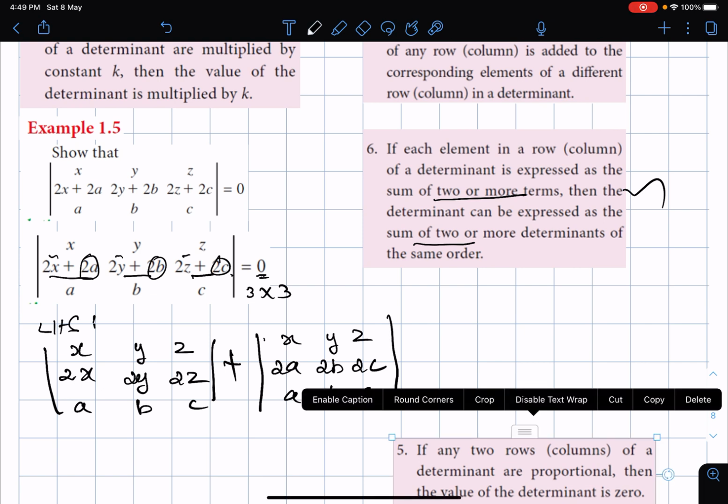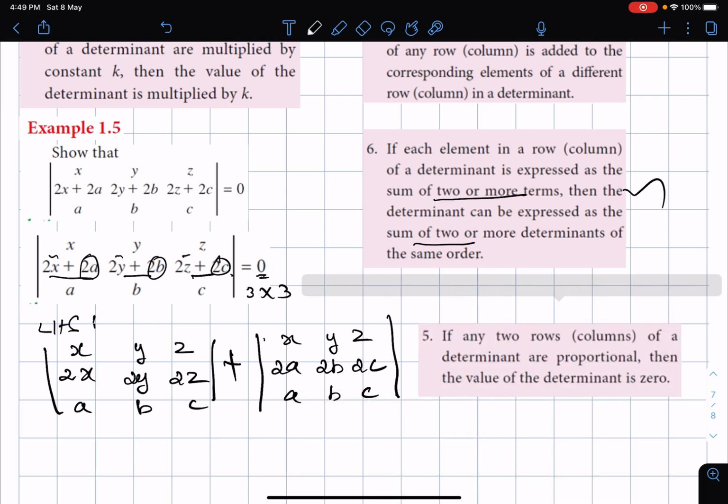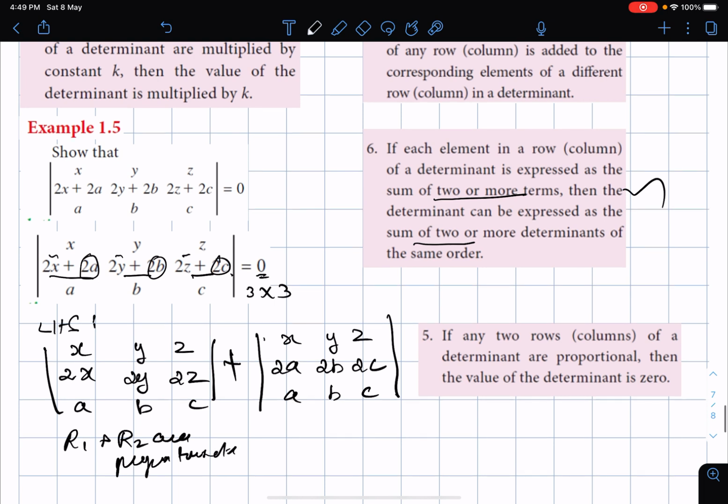Now we can use property number 5. See, in the first determinant, row 1 and row 2 are proportional. Let me write it again.